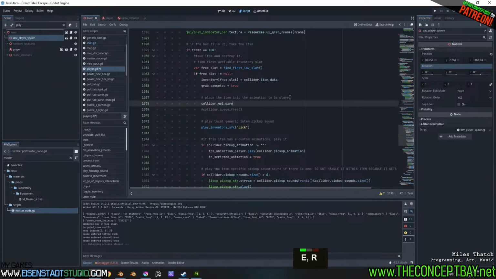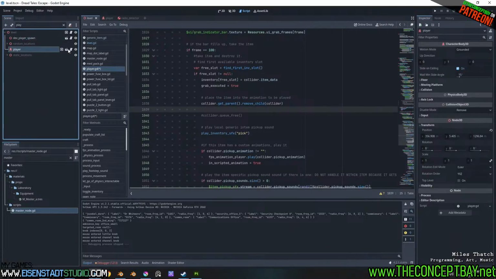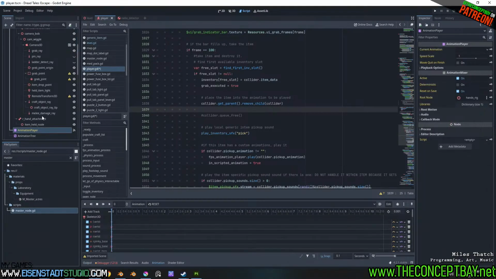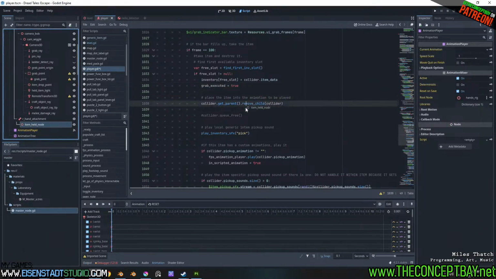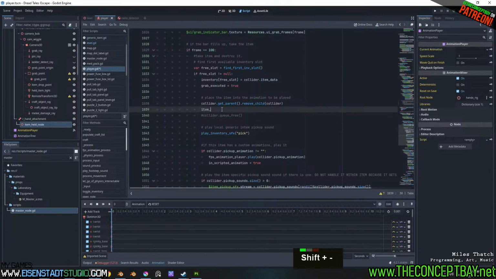collider.get parent, remove child, collider. So we take it out of the world. Then the player is going to place it into the item held node, which we have a variable for that now. Item held node dot add child